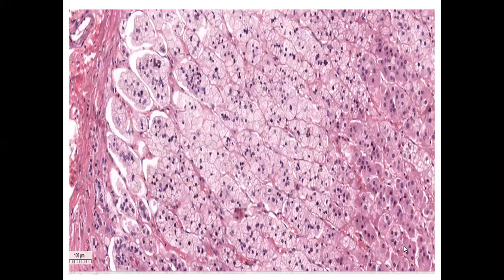Now this is a more magnified image where the capsule is present and the 3 zones of the cortex are quite evident. This rounded cluster cell population, with a rounded nucleus and a foamy cytoplasm, is representing zona glomerulosa, and then below that the vertical cords again having a central nucleus but a foamy or lightly stained cytoplasmic content representing zona fasciculata, and below that the regularly arranged cords of cells where the nucleus is central,